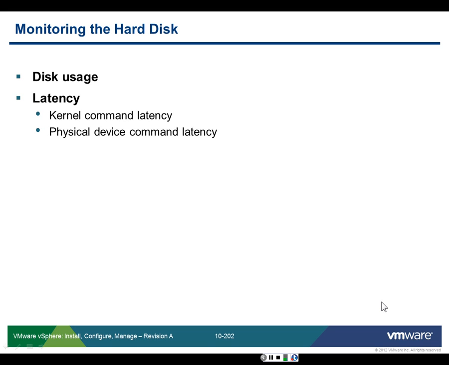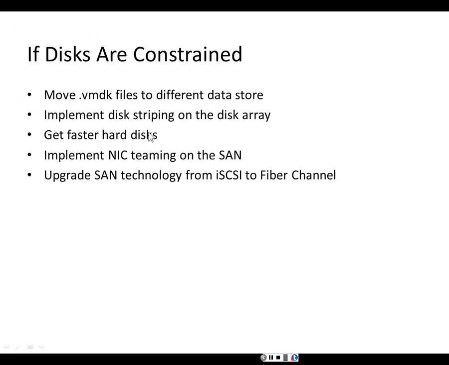So when we monitor the hard disk, we look at disk utilization and we look at latency, kernel command latency and physical device latency. So if disk utilization is high and the danger thresholds have been exceeded for latency, well, that means the disks are constrained. So what can you do if the disks are constrained? One thing you can do is move the virtual machine disk files to a different data store, perhaps